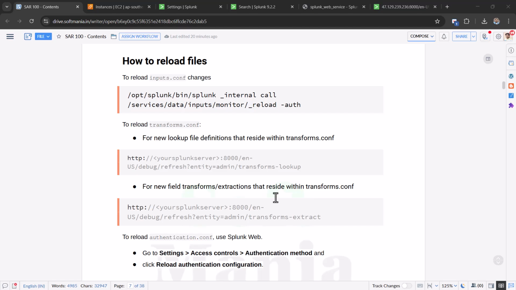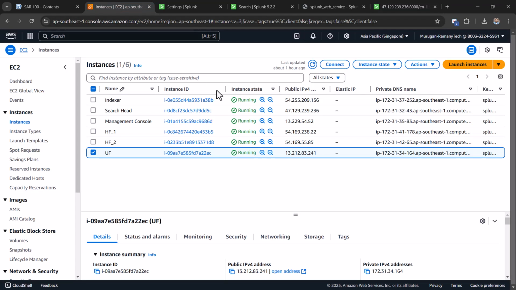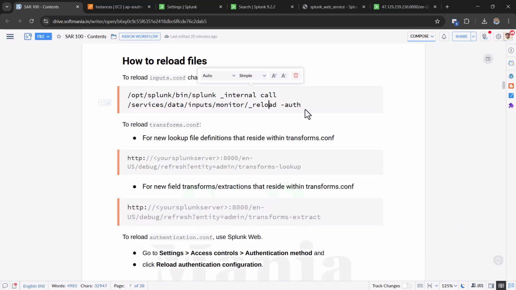Next one is how to reload files. This is especially for inputs.conf. For transforms.conf, you can use these specific URLs like we did for the debug refresh. For inputs.conf, where is it? Yeah. For inputs.conf, you can use this particular